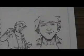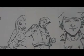Why? The question would be why not just use the inking tools? There's a lot of reasons for me. I like the look of the pencil. It's just a little bit softer. I have a little bit more control. It gives you more control in terms of line weights, because you can make certain lines not only thicker but a little bit darker. So even though it doesn't take up more space on the page, it seems to have a little bit more impact. That's a very subtle justification, but anyway,